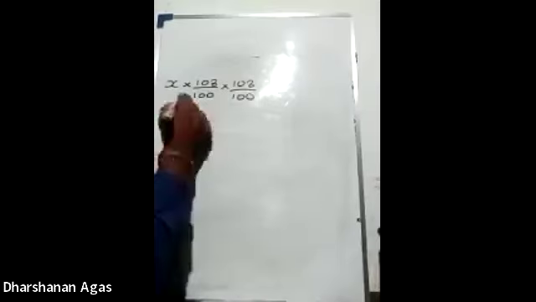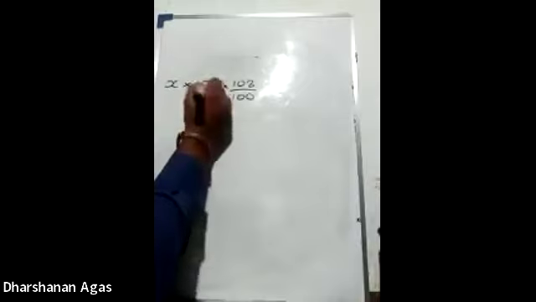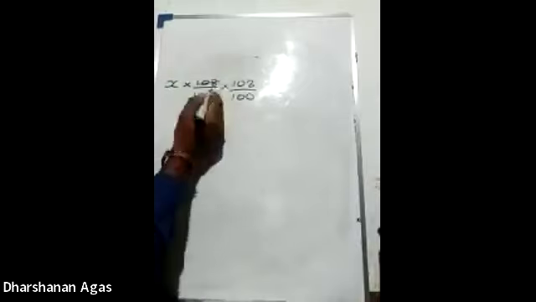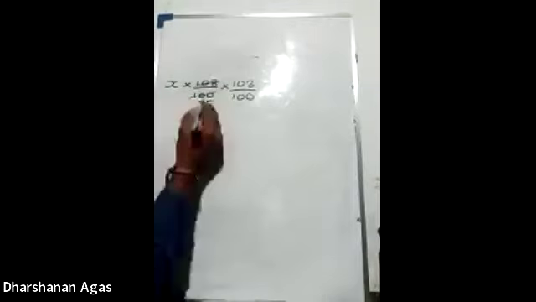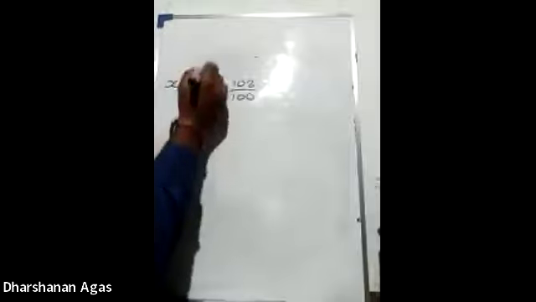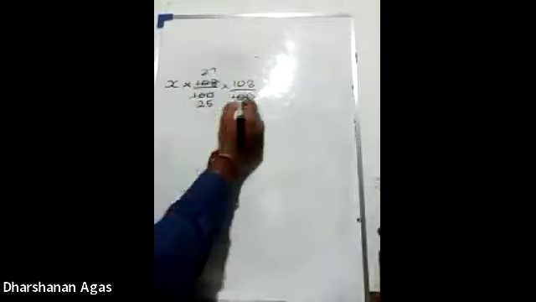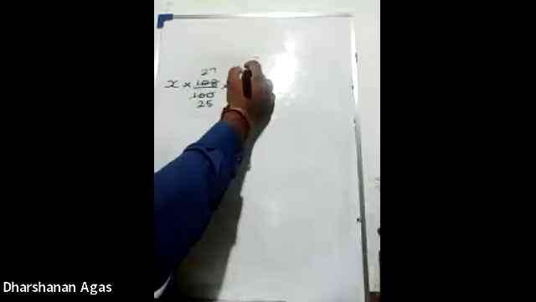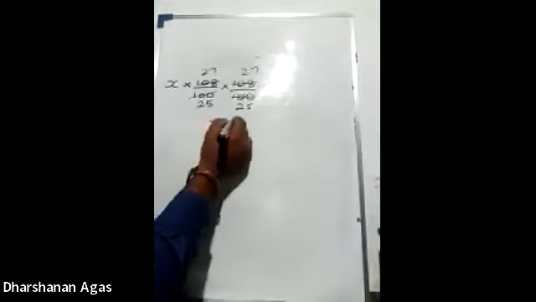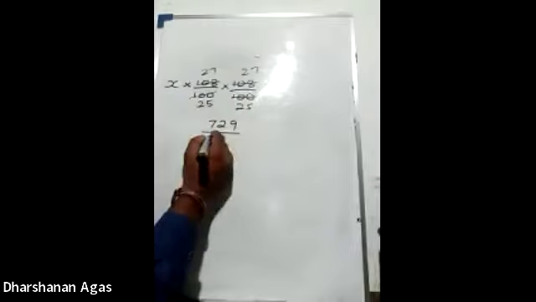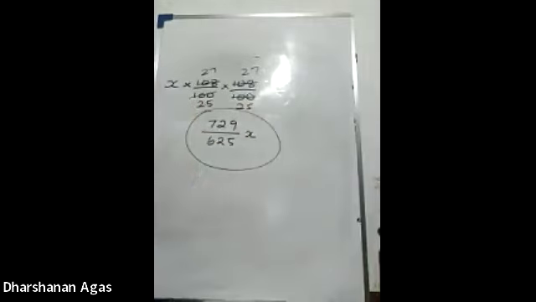Now you can simplify this. 108 and 100 are multiples of 4, so you can divide both by 4. 100 divided by 4 is 25, 108 divided by 4 is 27. Same here, 25 and 27. Now multiply: 27 into 27 is 729, 25 into 25 is 625. This is the total amount you have to pay at the end of